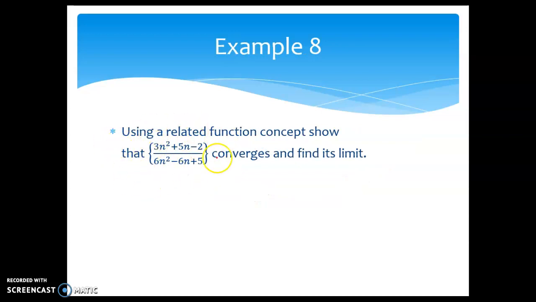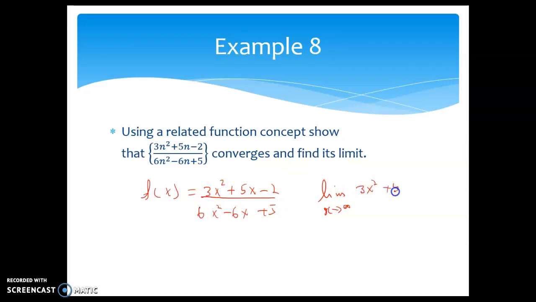So we are using the related function method to determine whether this sequence here converges. So the related function of this would be equal to 3x squared plus 5x minus 2 over 6x squared minus 6x plus 5. So the limit as x goes to infinity of this function, 3x squared plus 5x minus 2 over 6x squared minus 6x plus